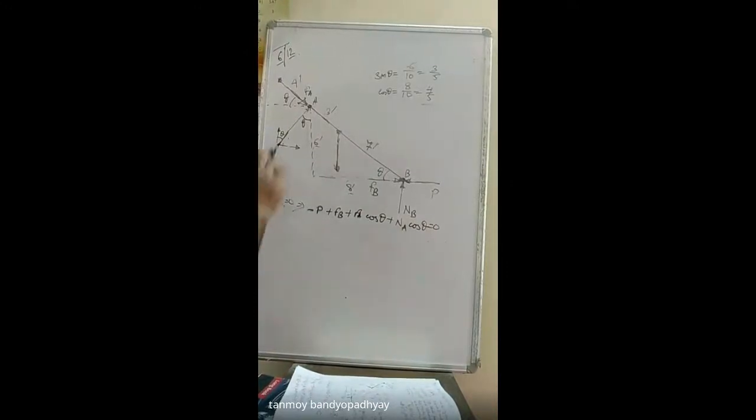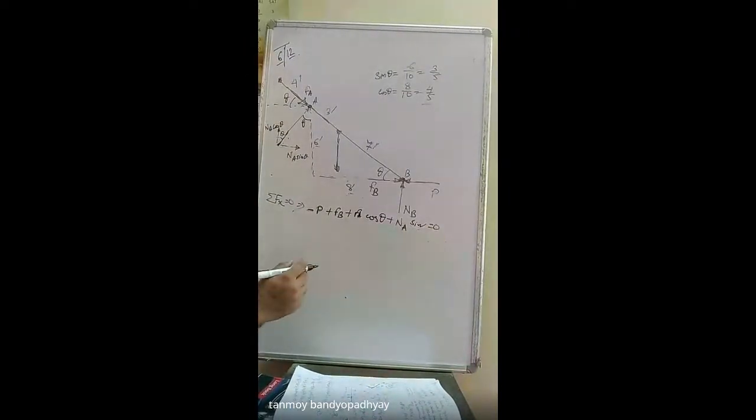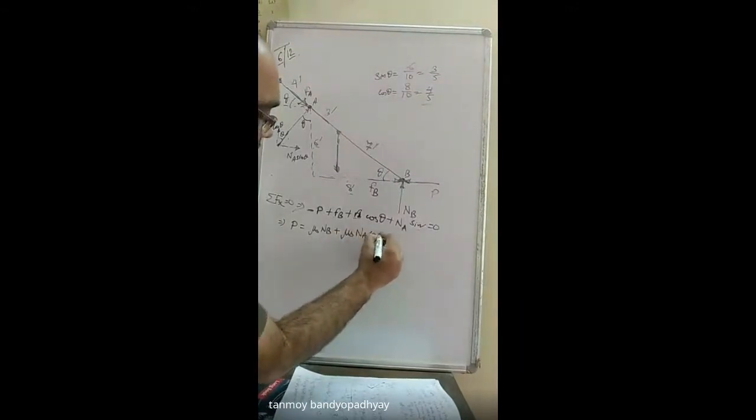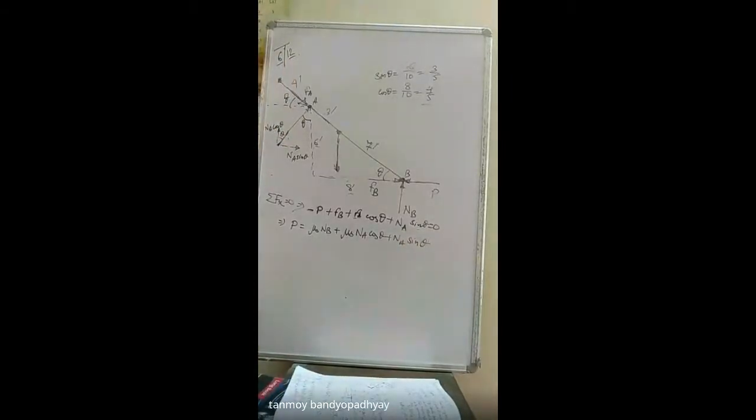না ভুল আছে, এটা sin theta হবে, sorry, this one is NA cos theta and a component is NA sin theta, so this will be NA into sin theta, ঠিক আছে? So just এটাকে তোমরা একটু সিম্পলিফাই করে নাও, so P we have to determine, so এটাকে এই সাইডে নিয়ে নাও, so FB will be equal to mu s into NB plus FA is mu s into NA cos theta plus NA into sin theta, ঠিক আছে? So I think everything is known here, not everything is known, NA NB আমরা জানি না, so আমাদেরকে আরেকটা ইকুয়েশন নিতে হবে.